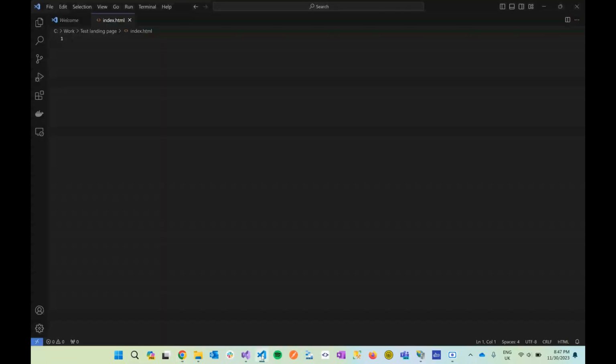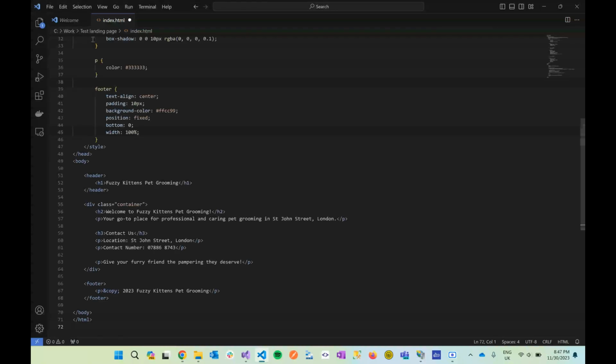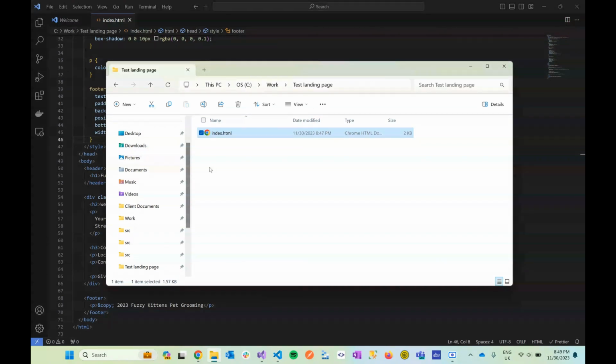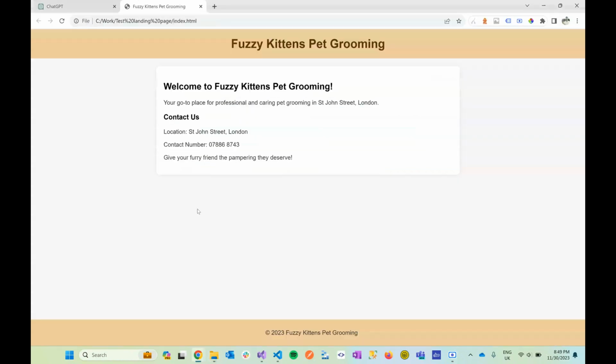So in Visual Studio Code, I have this file. Let's save it. And then I have created a sort of local HTML page in my IIS. So let's see how that looks. This is where I put the file. Let's just open it in Chrome. Okay, so